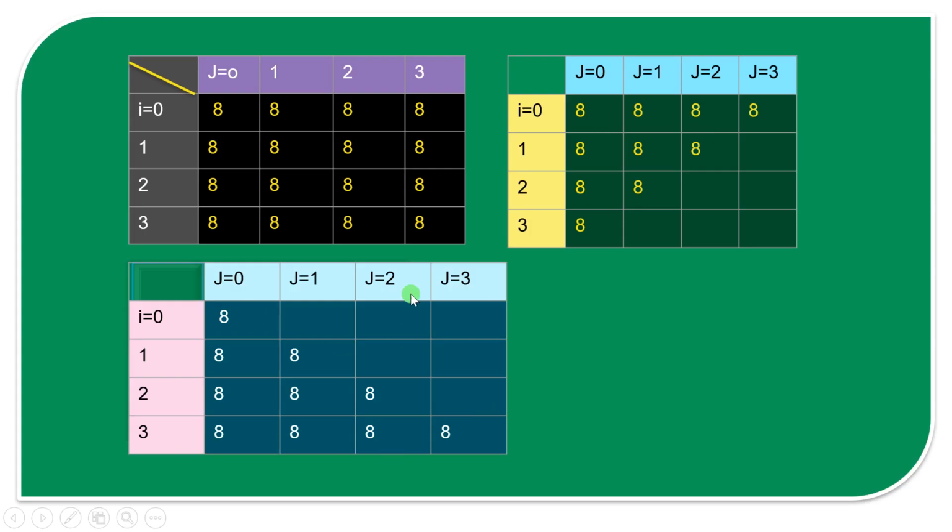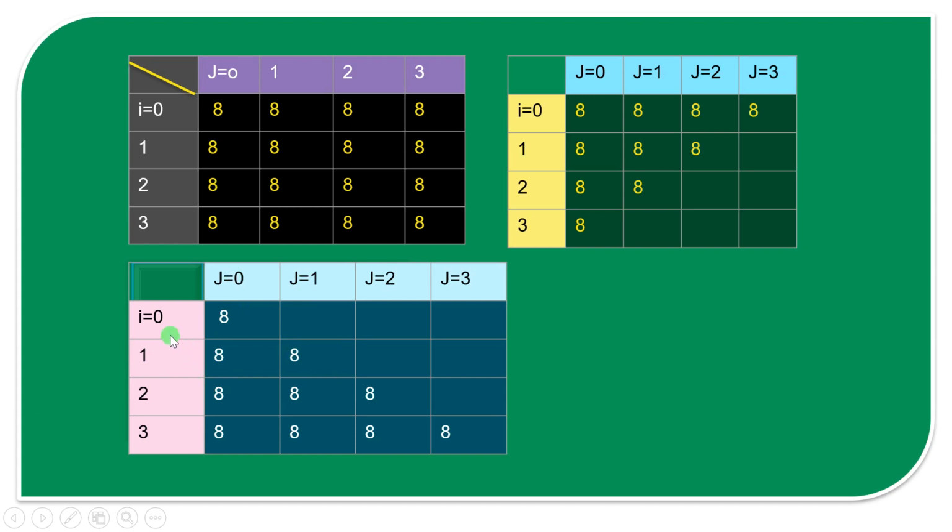This one, let's go for this one. I is 0, I is 1. This was a very basic one, that's why I haven't explained it too much. Here I is the row: 0th row, first row, second row, and J is the column: 0th column, first column, second column, third column. As the jth column is increasing, at the 0th row it is the 0th column, and for the first row it goes till the first column, that's the maximum.